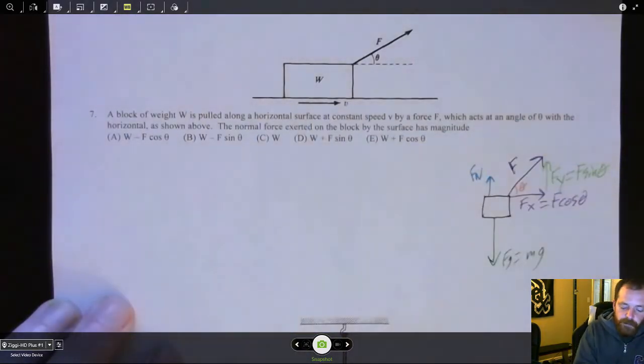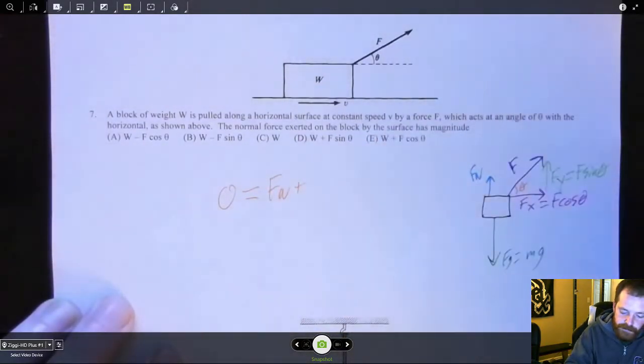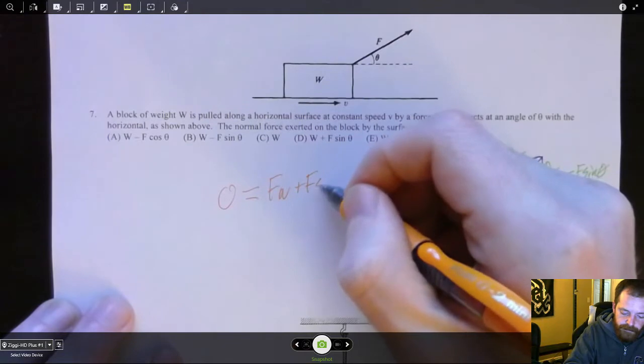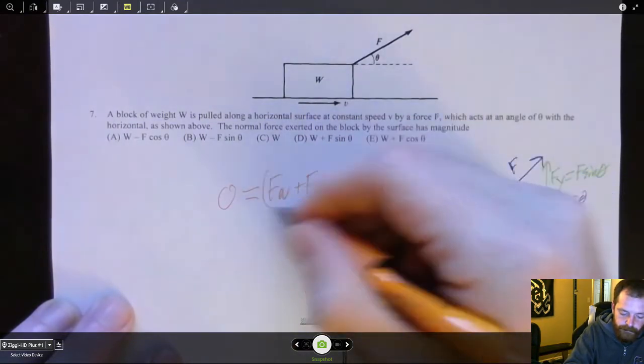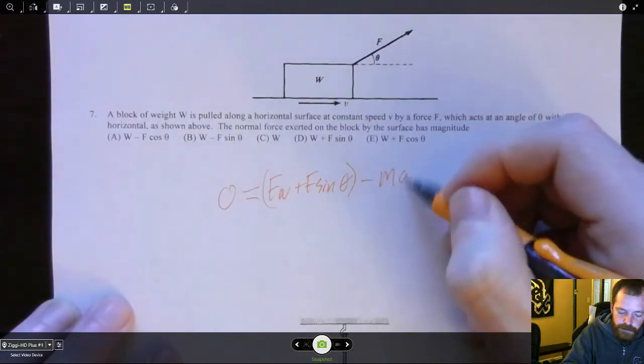So if the net force is equal to 0, and we know that's equal to the sum of the forces, so Fn plus F sine theta minus the weight, which is mg,